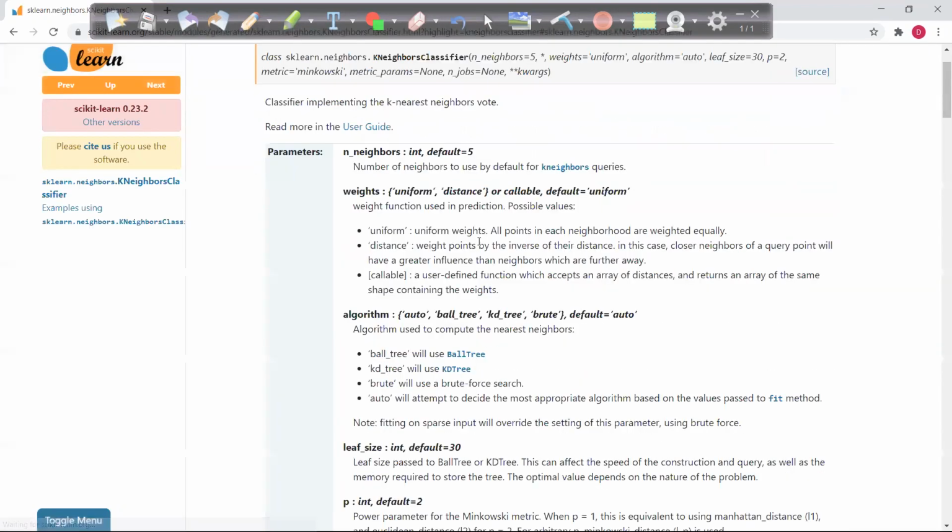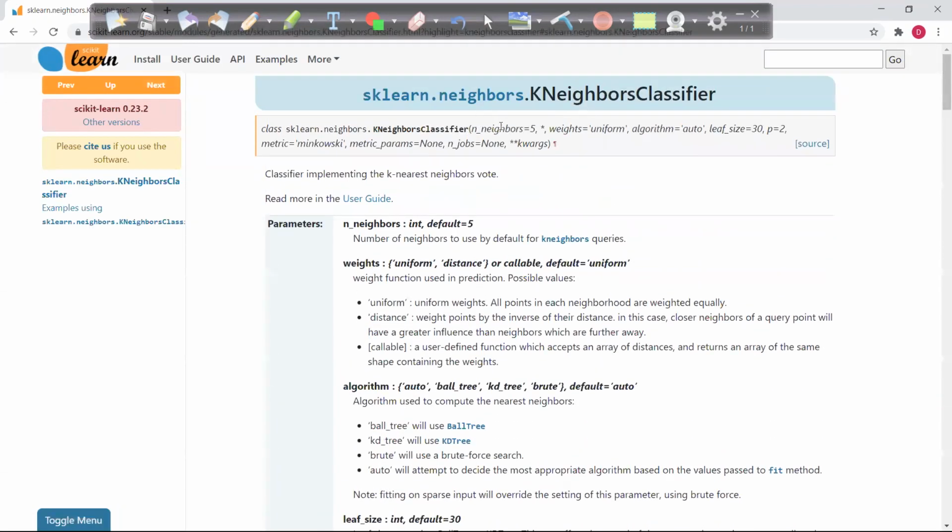If you see here, you are passing these values: n_neighbors, weights, algorithm, leaf_size, p equal to 2, metric equal to Minkowski. So these are my hyperparameters, right? By default, the value of n_neighbors is 5. That is the default value. If you're not passing anything explicitly, then it will take 5 as default.